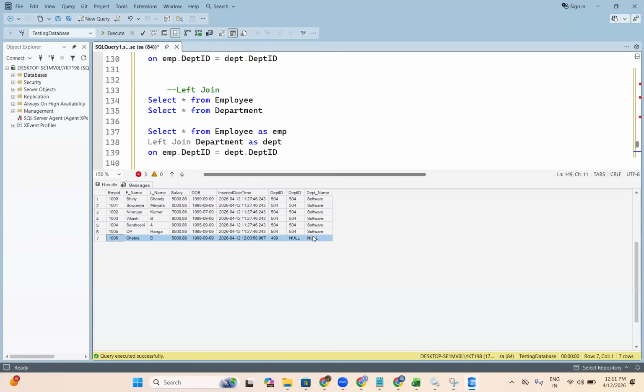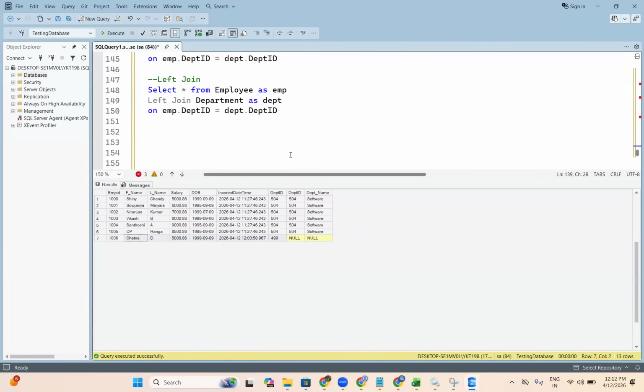You want to find it. All disconnected records, all orphan records, all records wherever data integrity is failing. So with the help of left join, you can find those orphan records from the left table. Now the question is how to get these records. So you can use a where condition, where